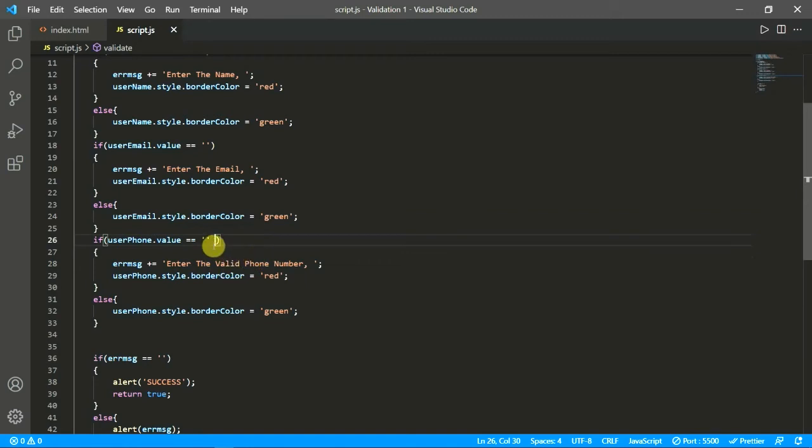One, there must not be null, and the other, it must not be more than 10 digits, it should not be less than 10 digits, and then it should be in numbers. There must not be any characters in our phone number.